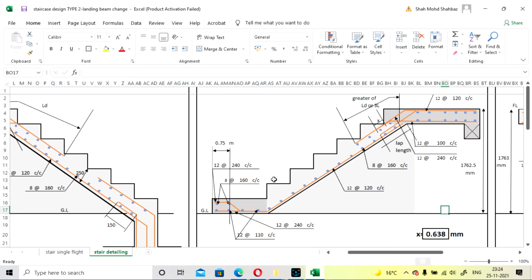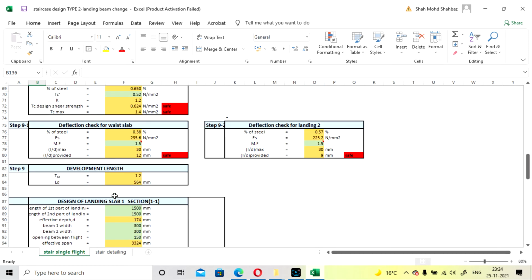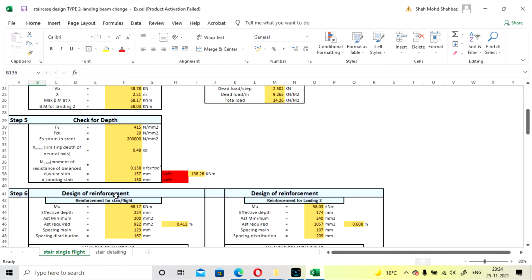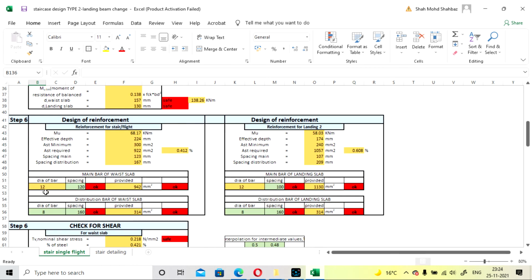Now I will show you the detail. See, this is your first landing. For the base slab, here we have calculated 12 of 120 and 8 of 160 for distribution.